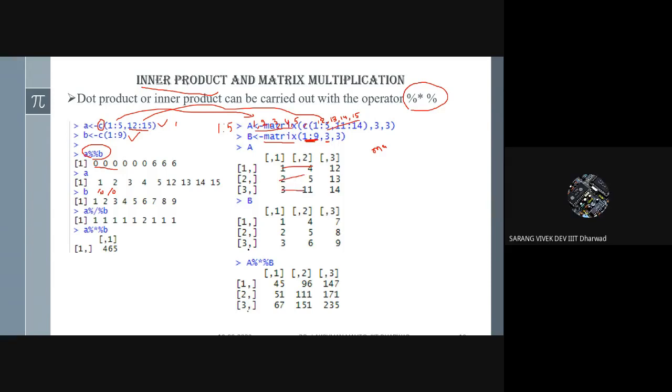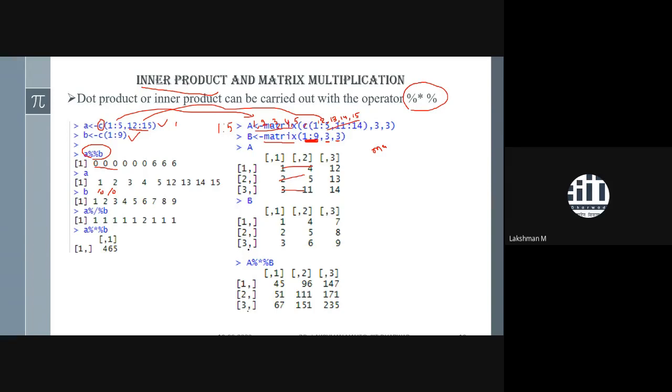By default, if you are not mentioning anything, then the rows and columns will be decided by the number of entries, as I already mentioned in the last tutorial class. The vector size will decide the number of rows here, and this one is the size of the column. You can check the last tutorial where I already mentioned those things.